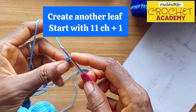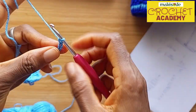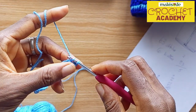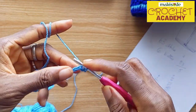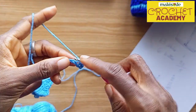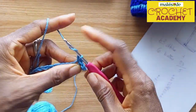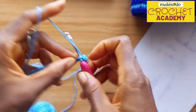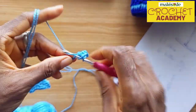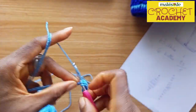I'm going to be doing the same thing I did to this leaf. So my extra stitch, and then from the second stitch from my hook, I'm going to slip stitch into that one, and then just the same way I worked the first leaf, 2 single crochet stitches, next 2 half double crochet stitches, next stitch 3 double crochet stitches,